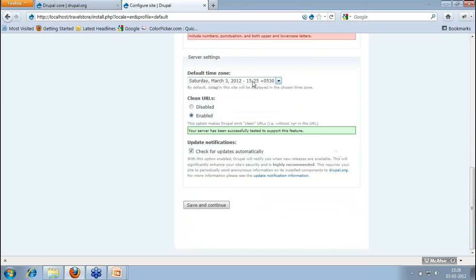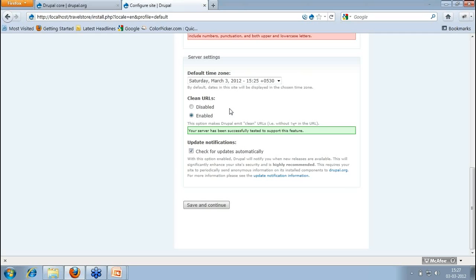Take the time zone as per your running environment. My local has a default time zone of GMT plus 5:30. Clean URL: for SEO compatibility, we need a clean URL. A clean URL is a static URL which gives you a static address in the address bar.